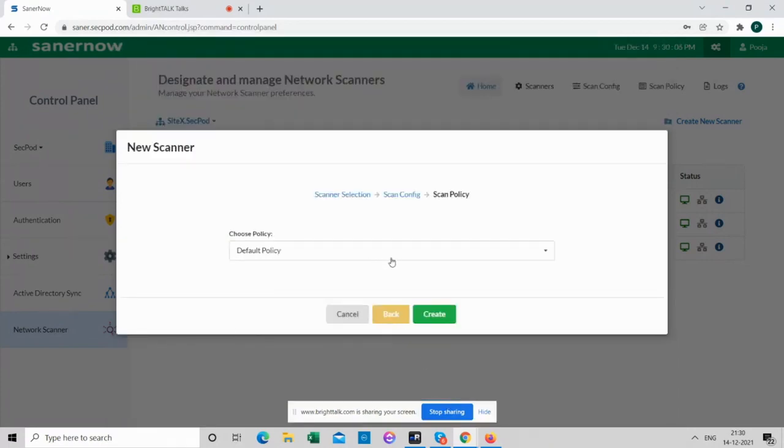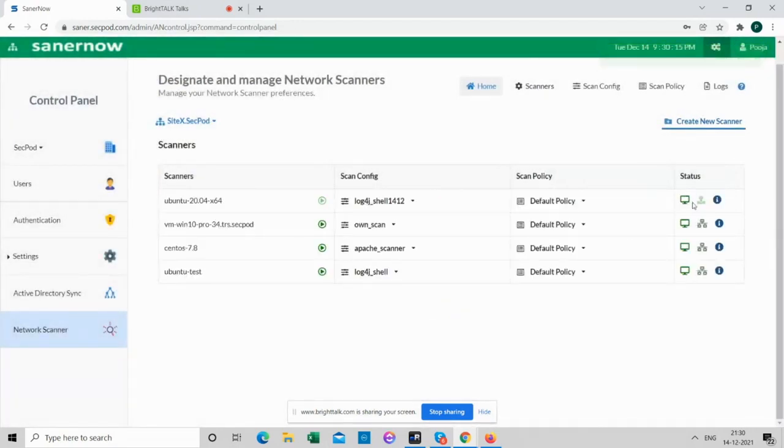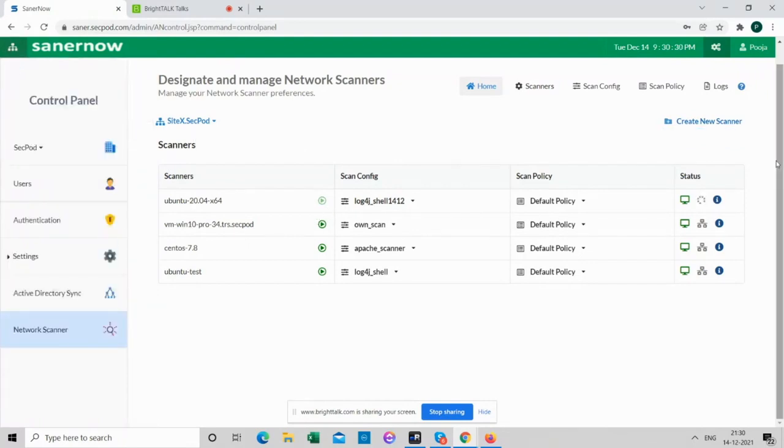I already told you about the scan policy that I created, so I'm choosing the same policy. You can see here it is getting the scanner ready. Once it is ready, we can call for a scan. I would just move on to the next because here is the scan button. It would get enabled as soon as it is ready.